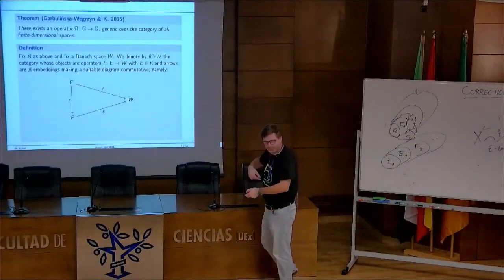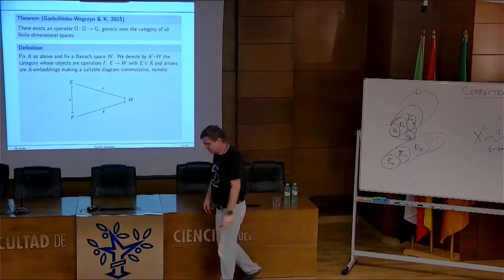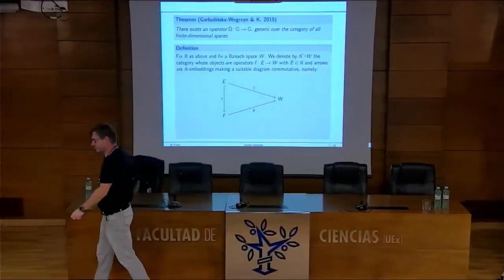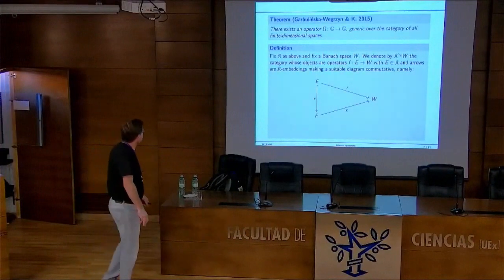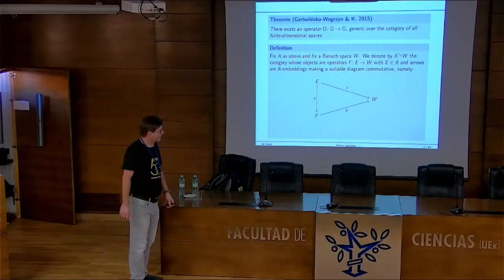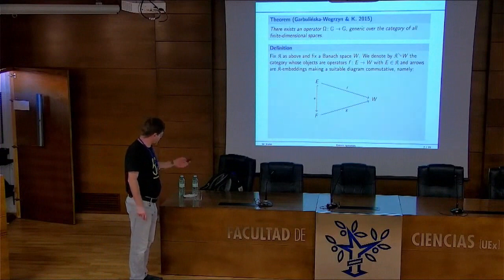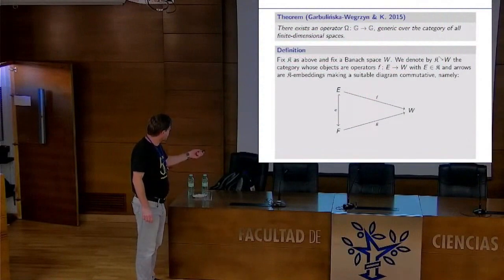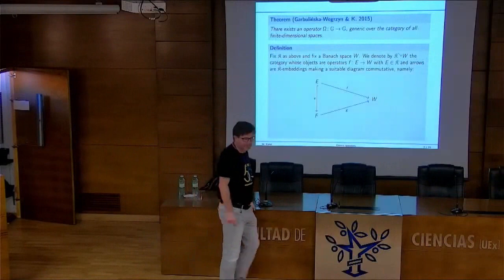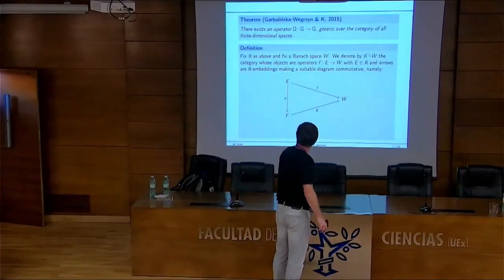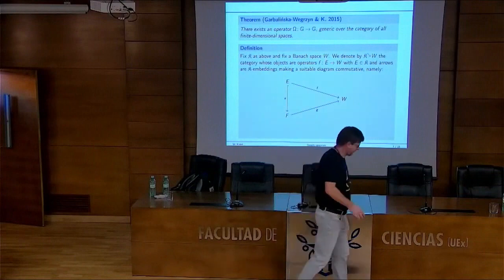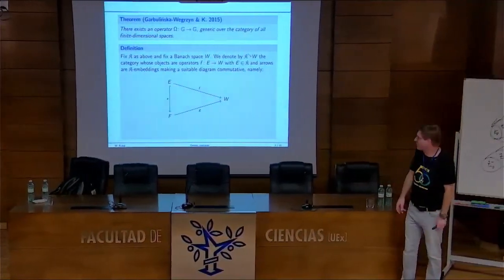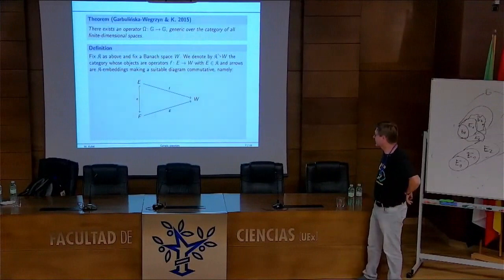But let's forget about details. Now, another possibility of being generic, like a parametrized variant. Maybe this is a slice category. I'm not sure about the names. So we are fixing a space, and now our objects are operators going into this one. Okay? So the domain is finite dimensional, maybe from a concrete category, maybe all finite dimensional spaces, maybe not.